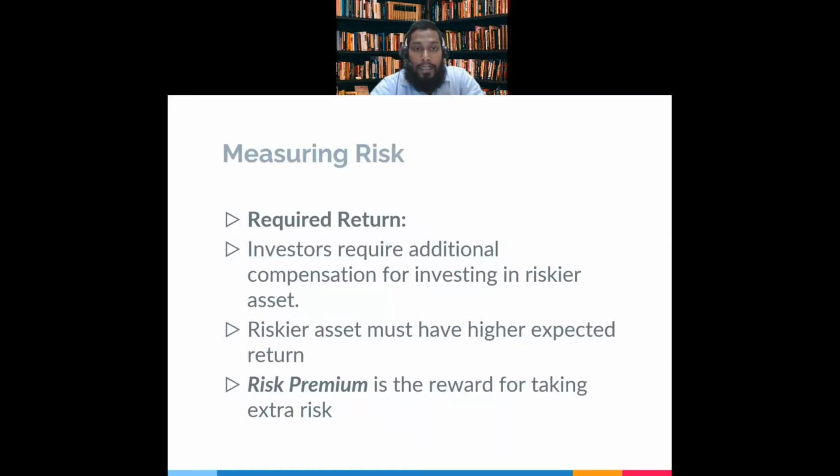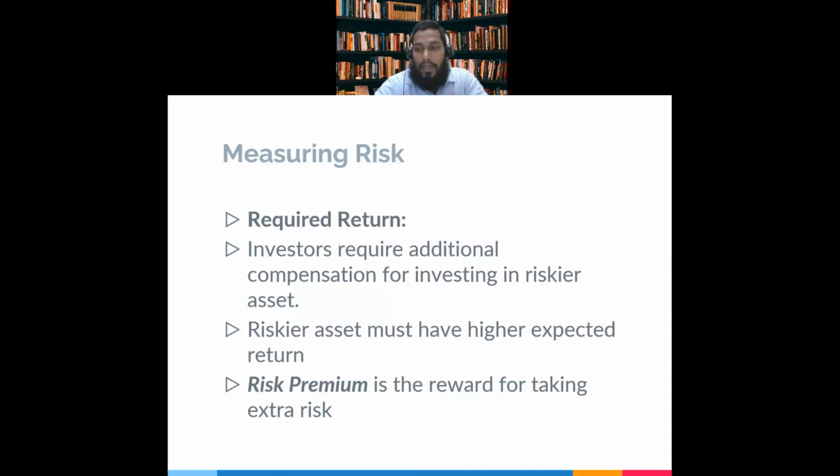If we take that amount of risk, how much return should we get? What should be the premium for the risk taken? As we know, investors require additional compensation for investing in riskier assets. A riskier asset must have higher